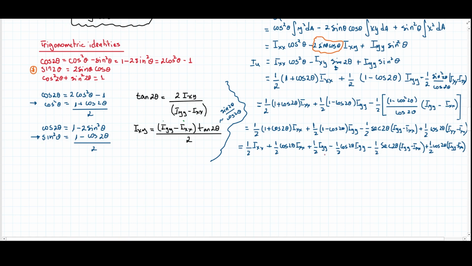Now I can see right away that there are a couple of things. For example, this term here and this term here, I could join them. So they're going to be 1/2 of, plus this one here. So this is just ordering things. And then these two components, I could write them down as 1/2 of cosine of twice the angle. And again, it's a little bit tedious, but it is worth it, and you're going to see why. Then we have this one here, plus 1/2 of this one here,